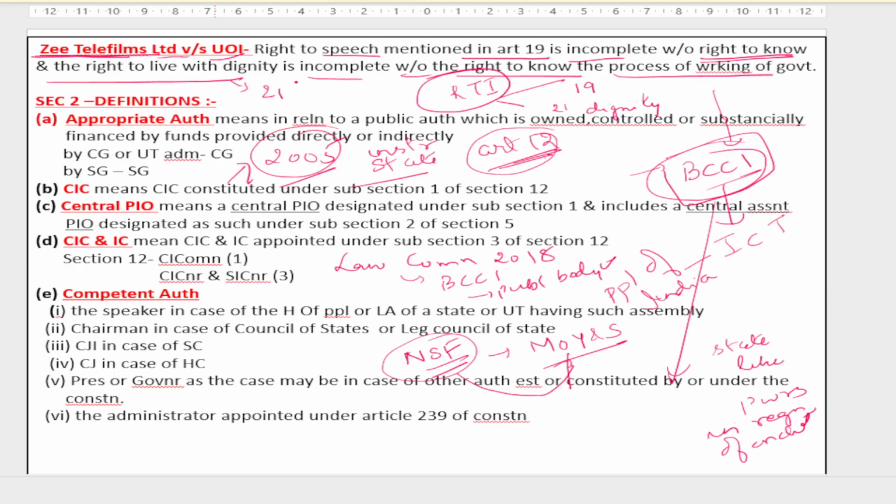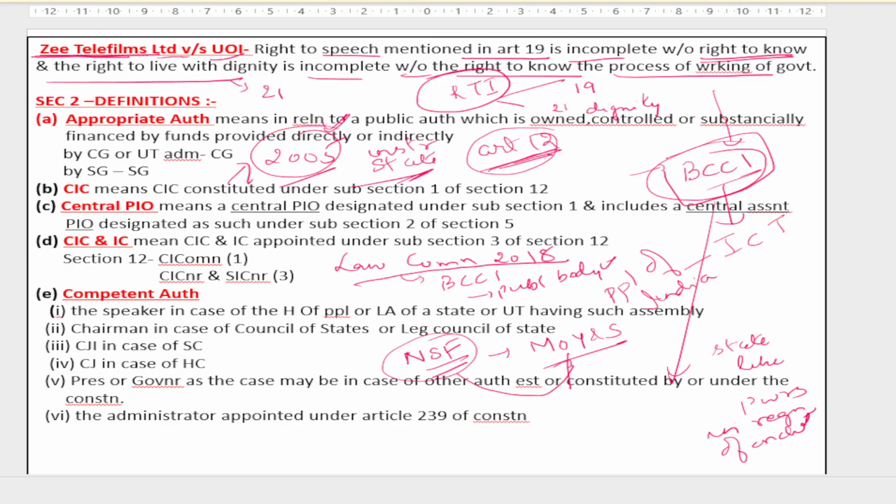So in brief, we can say that the Supreme Court in its 2005 order said that BCCI cannot be termed as an instrumentality of the state under Article 21. So in a way, the Supreme Court said that it is not a public authority, but the subsequent developments have increasingly implied the public character of the BCCI's functioning, because the BCCI is regulating cricket in India and has virtually monopolistic powers, and exercises state-like powers in the regulation of cricket in India. Hence, it should be covered under the definition of public authority. This was also recommended by the Law Commission in 2018.